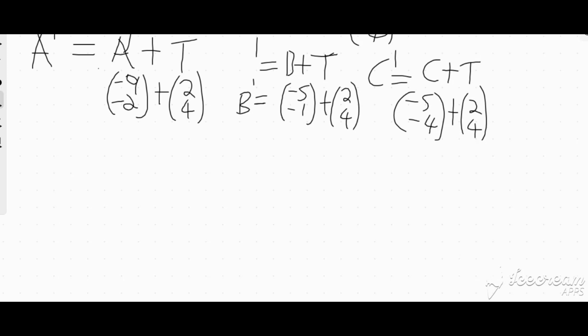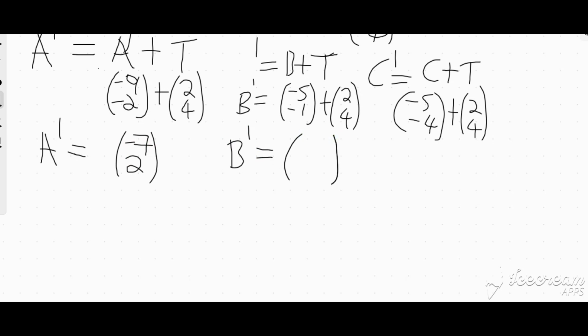So this is what is going to happen. So A prime will actually become as a vector. And of course, we're talking about OA prime now, coming from the origin, because all coordinates are with respect to the origin. And of course, once you have a coordinate, it can be converted into a position vector. So when I add the corresponding coordinates here, which is -9 plus 2, I'm going to end up with -7. And -2 plus 4, I'm going to end up with +2. B prime,